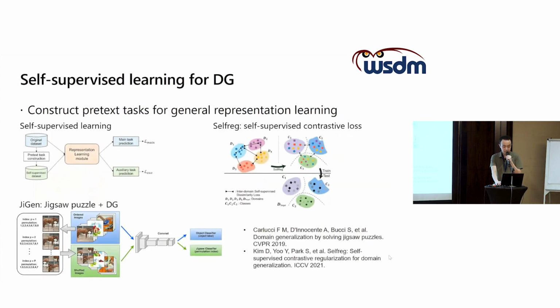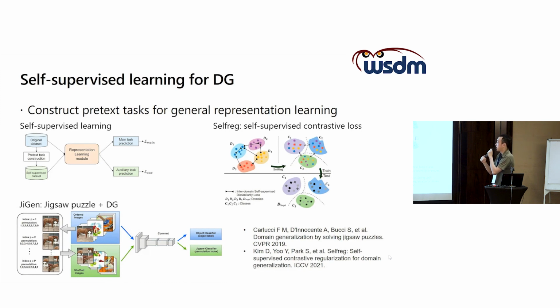Okay, so similarly, in these years, self-supervised learning turned out to be very popular. We also witnessed a lot of models like CLIP, which are all based on self-supervised learning. So how can this idea be applied for domain generalization? Maybe we want to introduce some auxiliary task, besides the classification task or some other task-specific loss